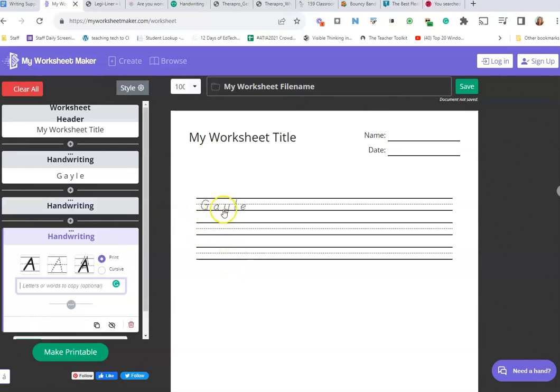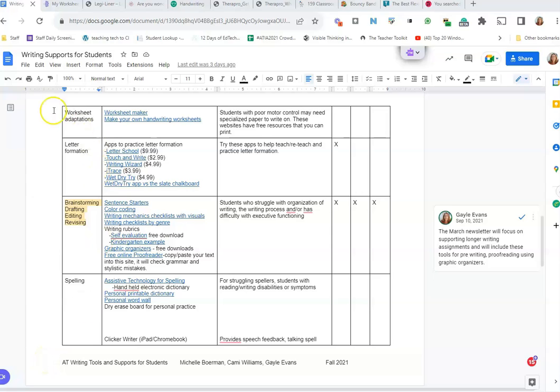And now hopping back to the writing supports document, the last section we're going to talk about for this newsletter is letter formation. There are several apps. So if your school is an iDevice school, if you have iPads, these are several different apps to teach and reteach letter formation. Maybe the student has some bad habits that you want to try and break. So these are several apps that OTs have had great success with, and the students just love them and